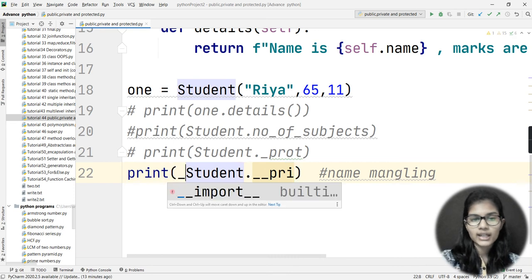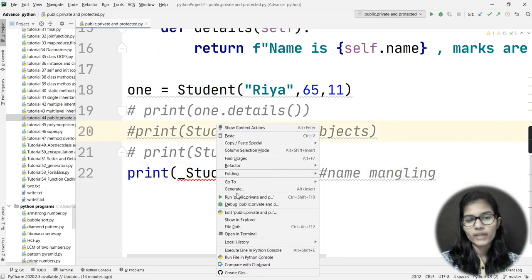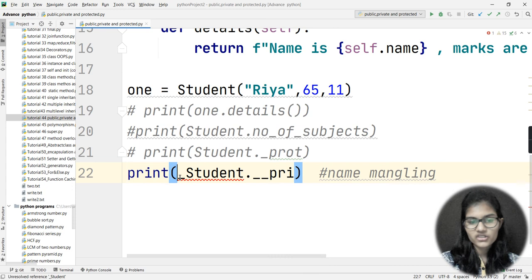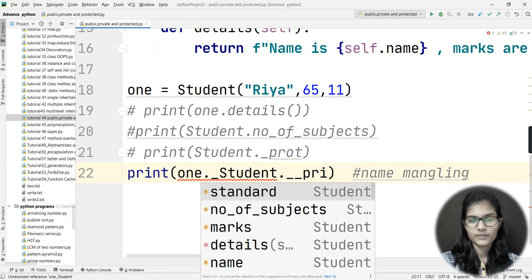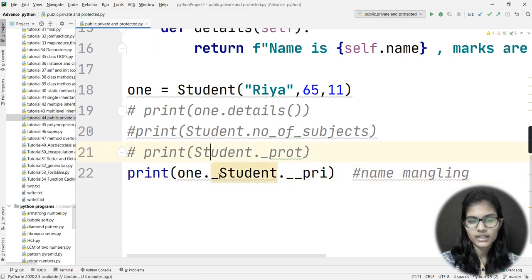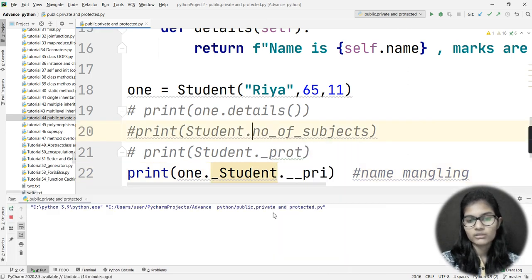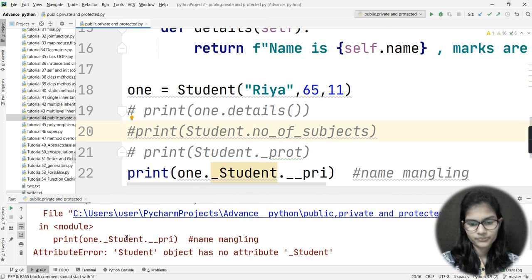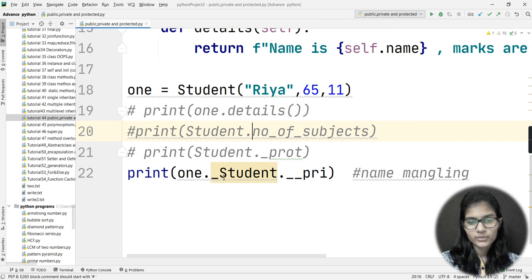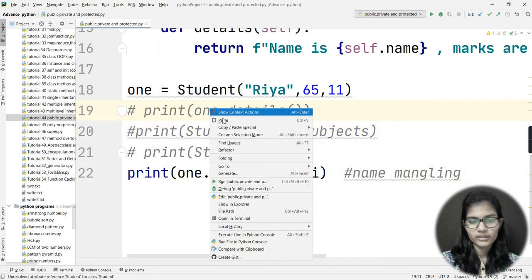So I need to put one underscore in front of the name of the class as well, that is underscore student, and I need to write the name of the object as well. It is saying that it has no attribute. Let me quickly remove this thing from here and run it.